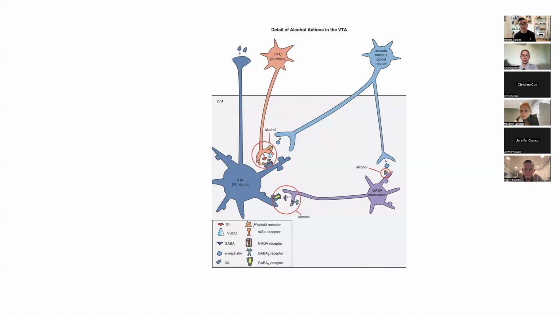This is another way of looking at it. This is the alcohol. So if you look at the arcuate nucleus, opioid neuron, all right, opioids will also increase pleasure, right? So a lot of times we look at opioids as the pleasure part of it, right? But dopamine is more in for the seeking behaviors, right? So you're thinking about, okay, I can't wait to get this substance because it's going to feel so good. That's mediated more by dopamine, all right? When you get the substance and you actually take it and it feels good, that's mediated by opioids, all right?